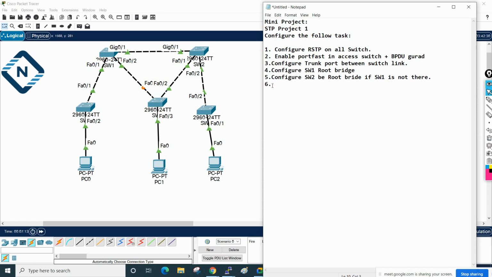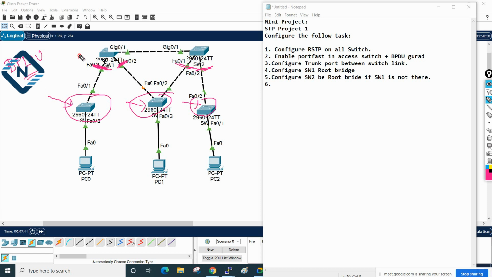And then what else we can write here? Till now what we learned, we can say configure the root guard. Okay, because if I want these guys should not become the king switch, we need to configure root guard. We will stand the guards here, saying that if you are receiving any BPDU with the superior MAC address or priority, discard.